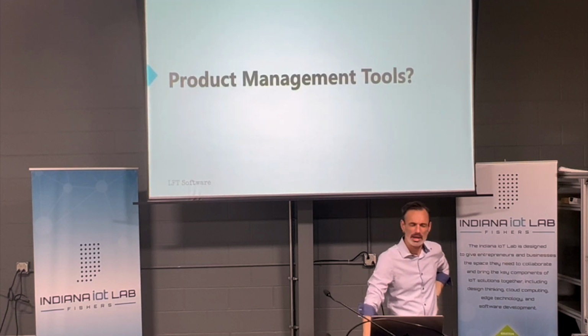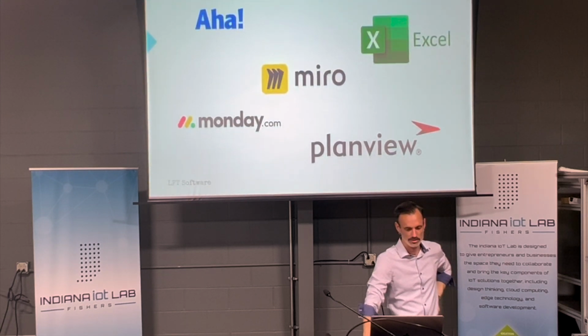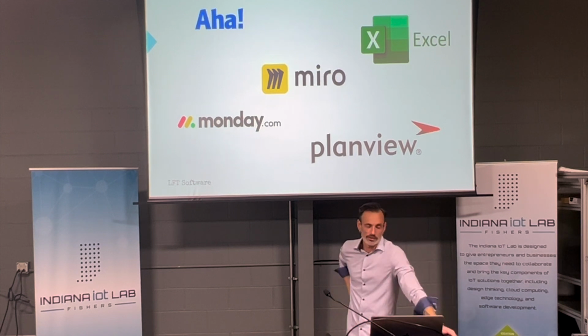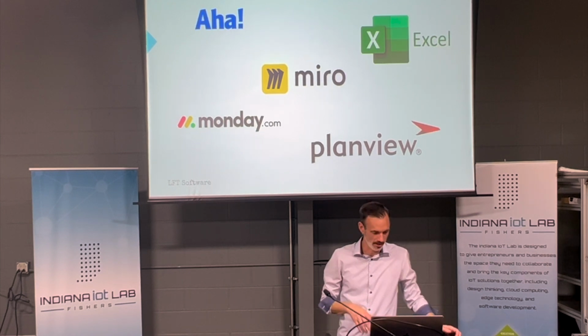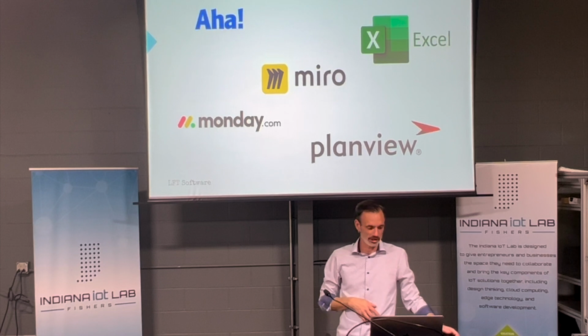So product management tools, that's where I'm a little light. I'm not a product manager. But I know there are a lot of tools out there that product managers do like for writing down their ideas and this is what the product should do. These are just a few of them. And I've seen AHA. I've seen marketing people use things like Excel too. Miro, Monday.com, and PlanGrid. You can check those out. I don't endorse or recommend any of them over the other. I think they'll have their pros and cons.